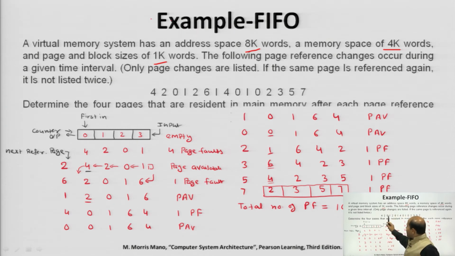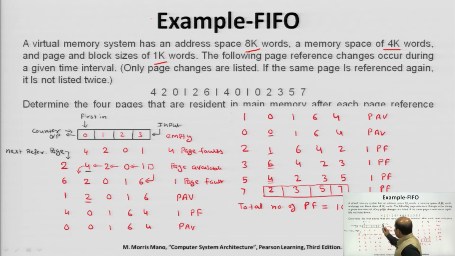So, whenever pages are referenced, corresponding to that page the identification number is entered here. So, this is the output. You can see this queue has input here and output from here. So, the counter output will be produced from this location. This is first in the sequence, having the longest time period entry, which is given as 0, and next is 1, and then next is 2, and next is 3. These are the counter values or index values of this queue.